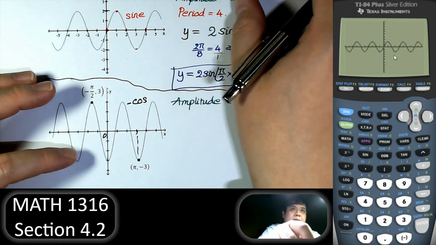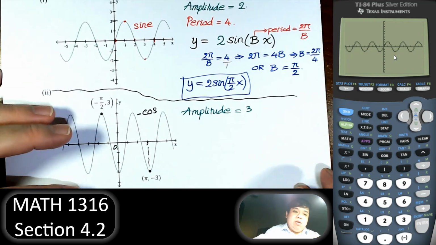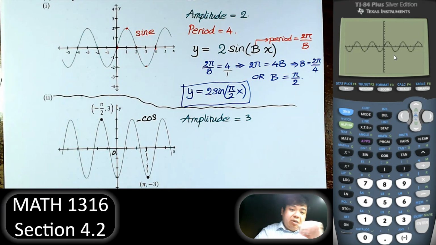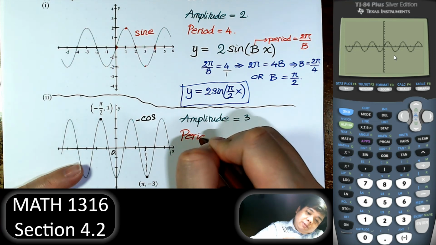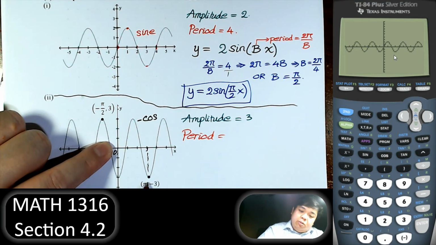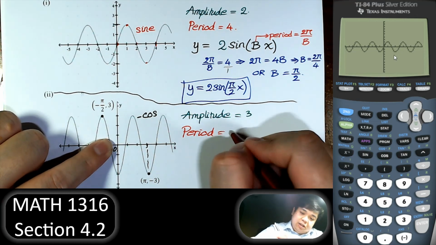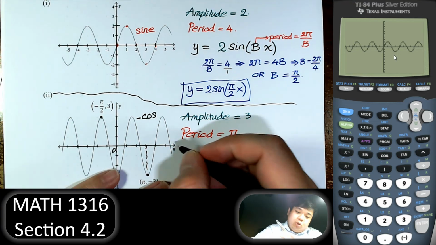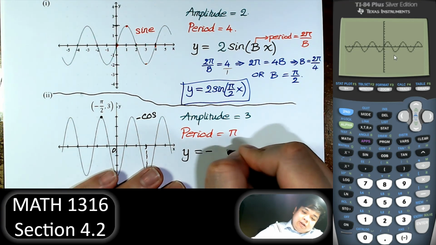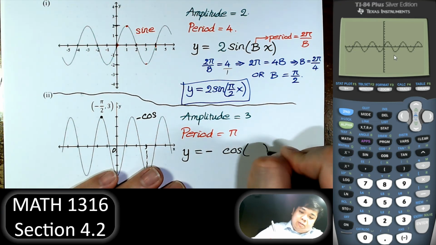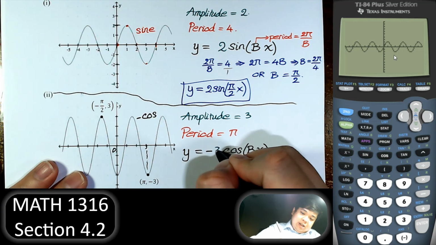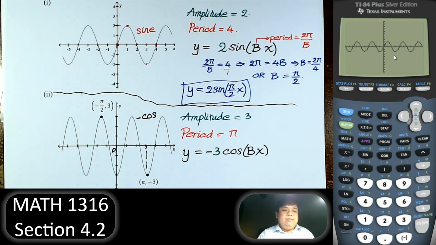Right? Because cosine starts from the maximum, sine starts from 0. So if it starts from the minimum, it has to be negative cosine. Period. In this case, it's going to be 0 to pi, which is the length equal to pi. Now put all together, the function will be y equal to a negative cosine of something x. And we know that the amplitude is 3, so we're going to put 3 in here. Still negative, because